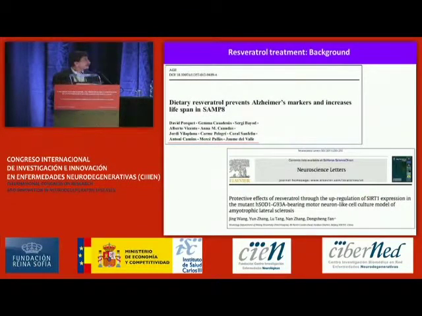Okay, this following study was focused on the use of resveratrol. The interest of our group was prompted by two facts. One was related to CIBERNED, because in one of the last meetings we talked with another group of CIBERNED, Toni Camins and Mercè Pallàs from the University of Barcelona. They have been using resveratrol in Alzheimer's models, and found good effects and very significant increases in lifespan in